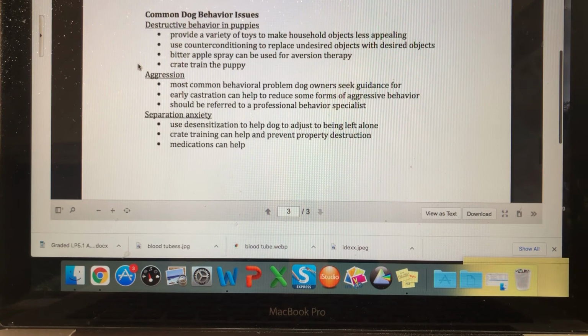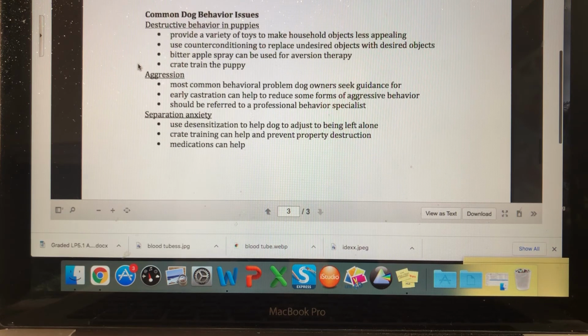Crate training is an excellent way to keep your dog safe. If you're not home, they can be in the crate and they won't be chewing all your stuff, right? So you can keep them safe and keep your stuff safe. Crates are like a den for dogs. Dogs are den animals. They want to have a nice safe space for them, so the crate is the way to go for that. Crate training doesn't have to be difficult and it doesn't have to be scary or traumatizing to the dog,